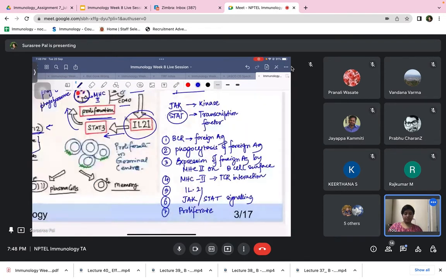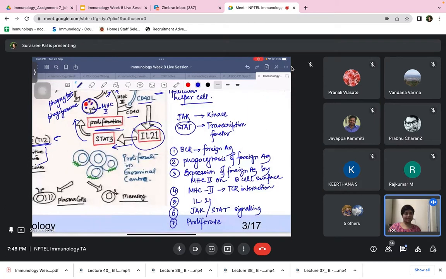So this is the total process that takes place, and after these events are successfully over, the B cell population